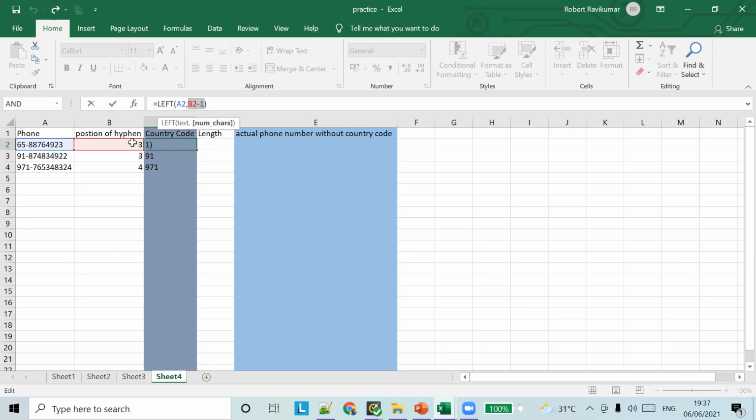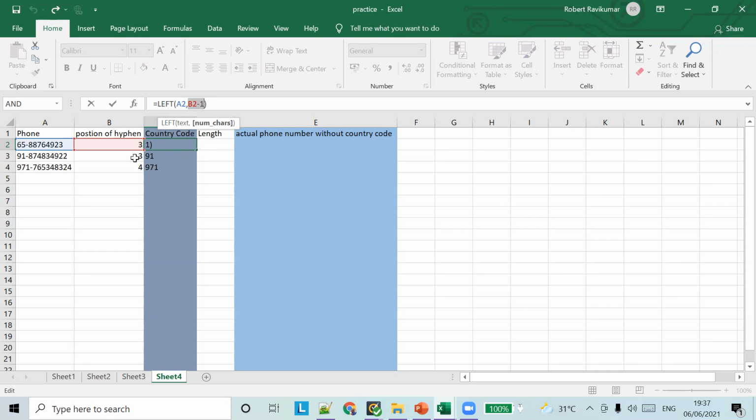See, B2 is the position of hyphen, and A2 is the actual text. B2 minus 1 is 2. So from the left we are going to find two characters, that is 65.